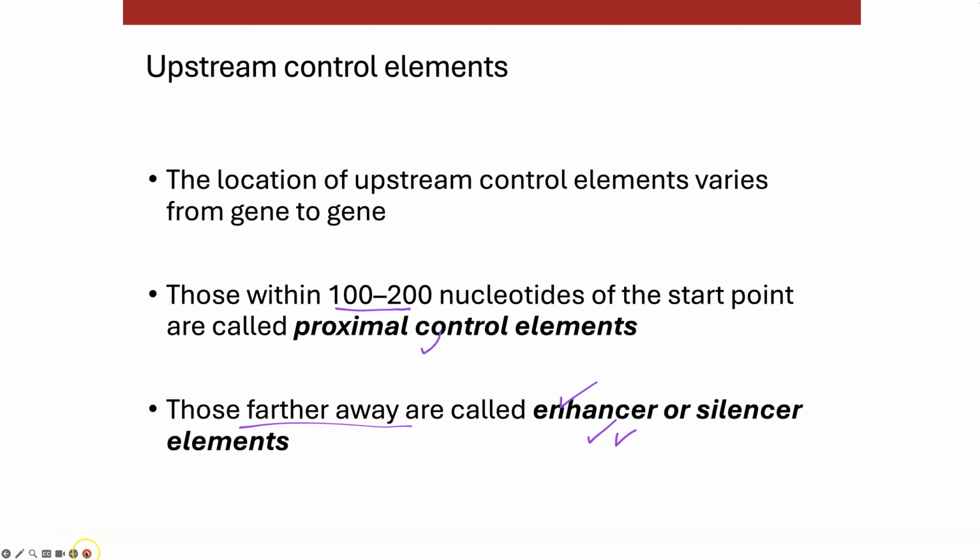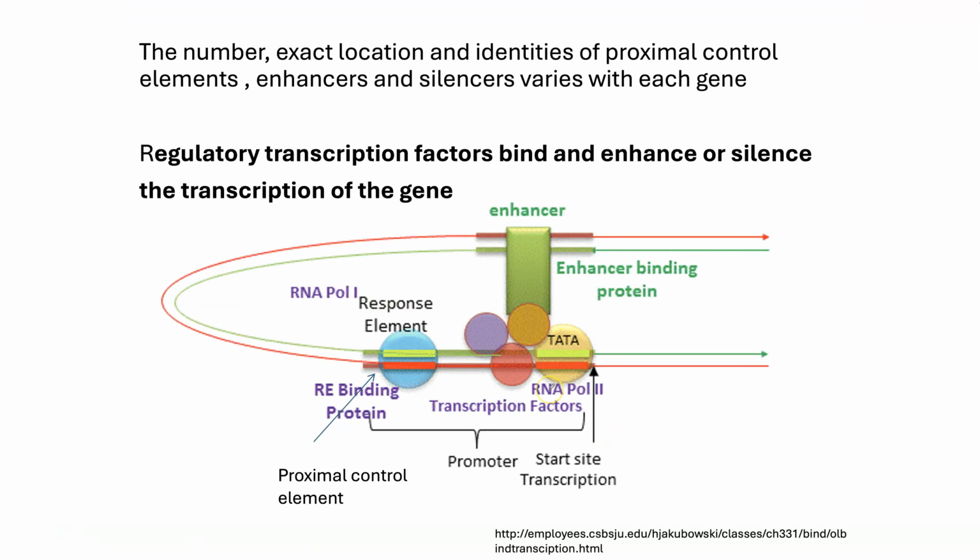And so let's just have a look. Again, this is a lot of detail, but just so that you understand. So this is where your RNA polymerase binds at that promoter, and all your genes have, as I said, the proximal control elements and the promoter. But there are additional upstream sequences, and they can sometimes be far away. They could be like 1,000 or 2,000 or 3,000 nucleotides away from where your transcription start is.